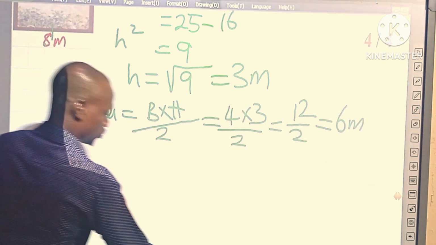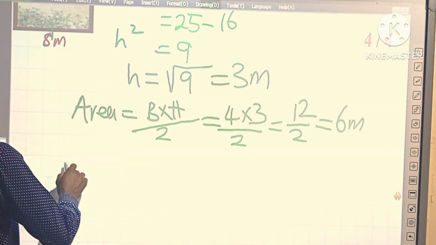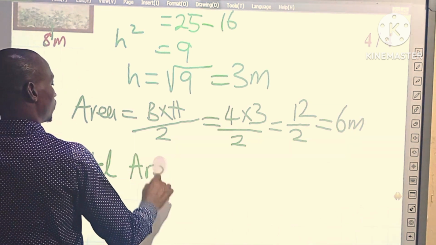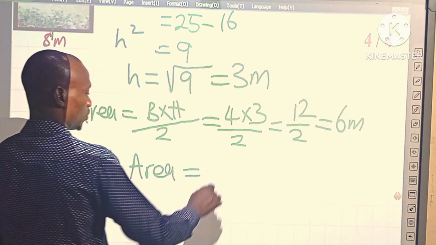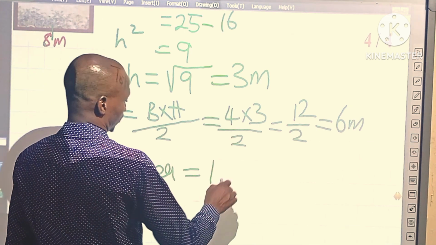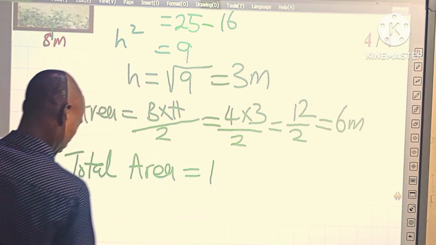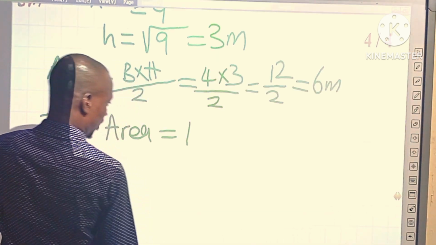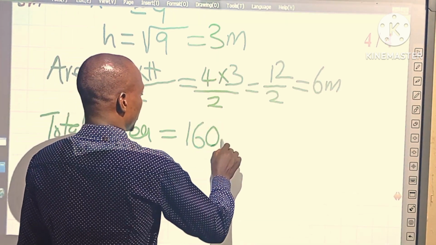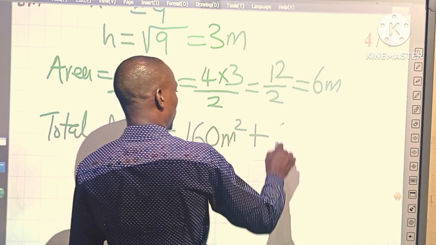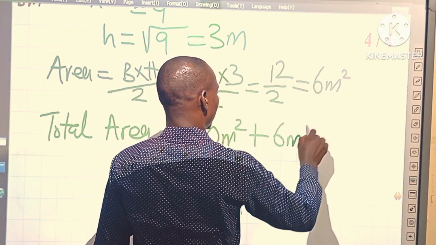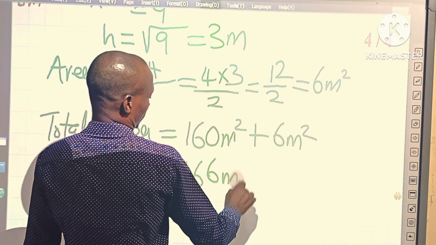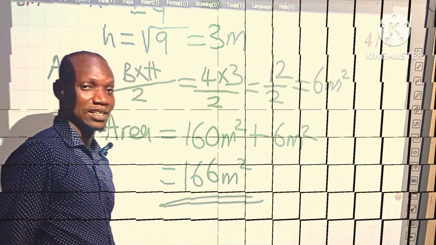Now, our final answer today will simply be the total area. Our total area will be equal to 160 meters squared plus 6 meters squared, which is equal to 166 meters squared. That is the area